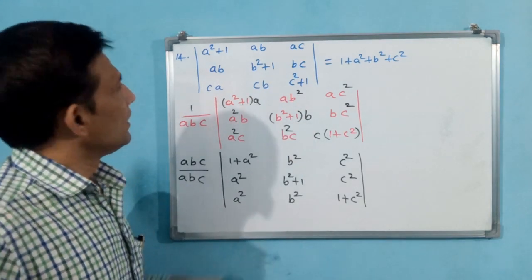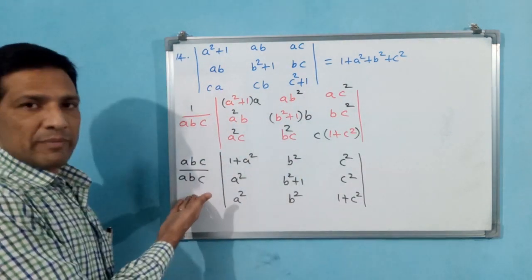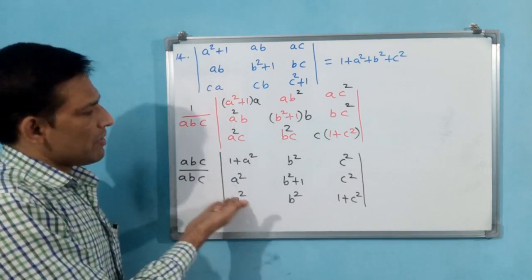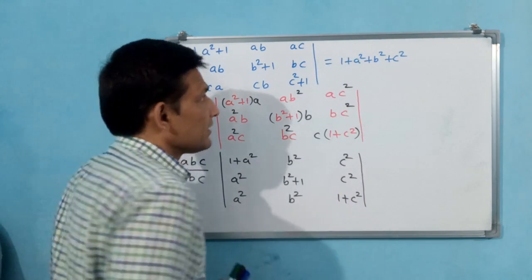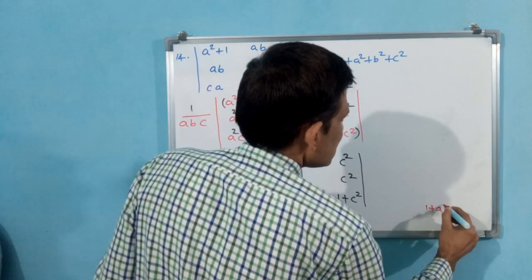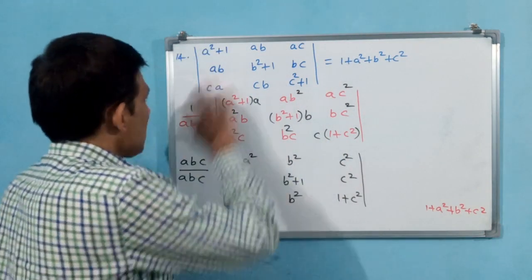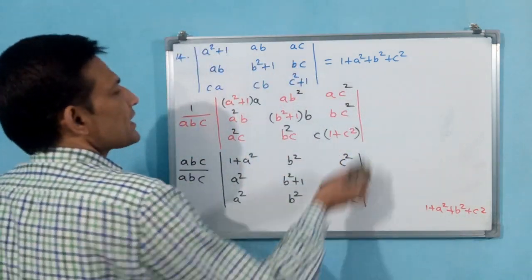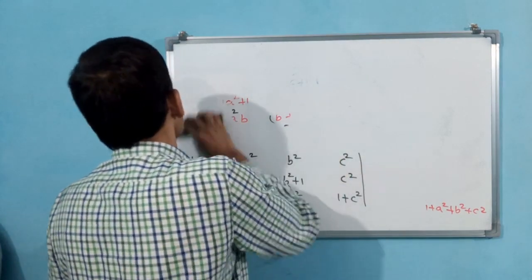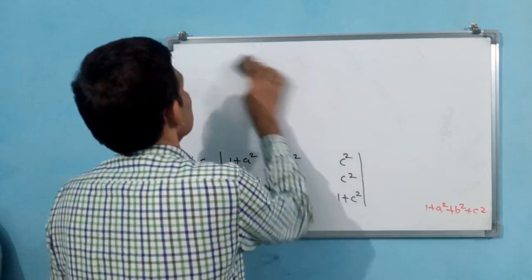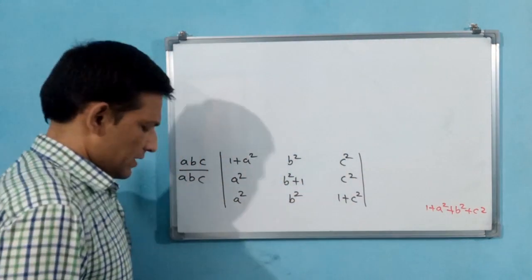Okay. Let us do. I am writing the answer here, and we will do further calculation. Here now it has become one by one again. You need not write this one. We will write directly this. I am writing this answer here. You see what I am writing? 1 plus a square plus b square plus c square. You have to prove. Okay. I am removing these two steps. Let us proceed further.